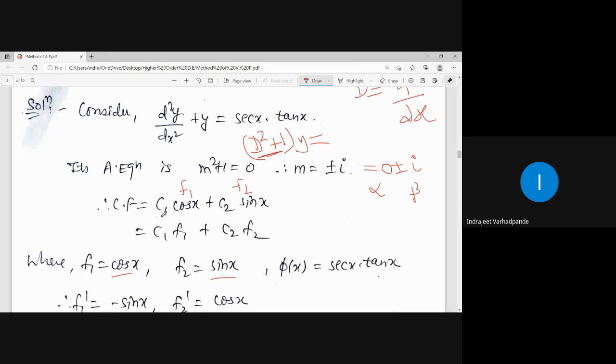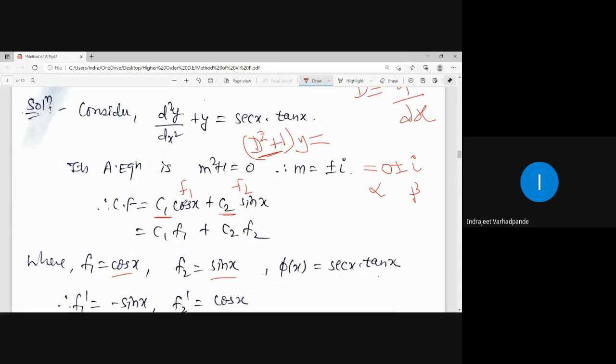So no matter whatever position of C1 and C2 you take, your PI, UF1 plus VF2, will always be correct. In between calculations will be totally different because your assumption F1, F2 is different, your Wronskian will be different, your U will be different, but PI as a whole will be right because C1 and C2 are arbitrary. I am telling you very many times that position or order of C1 and C2 is not important.